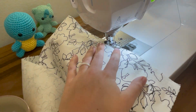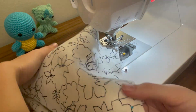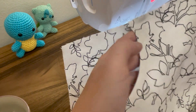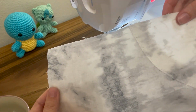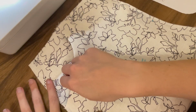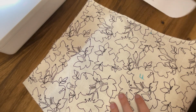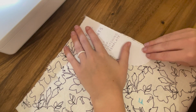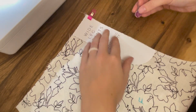For that right angle stitch, you can just stop with your needle down in the fabric, lift up your presser foot and pivot. Just kind of an easy trick to learn how to stitch in right angles. Now this part, you're only doing on one of the front panels. So you can see here the pocket is left facing me, and we are essentially going to trace this template